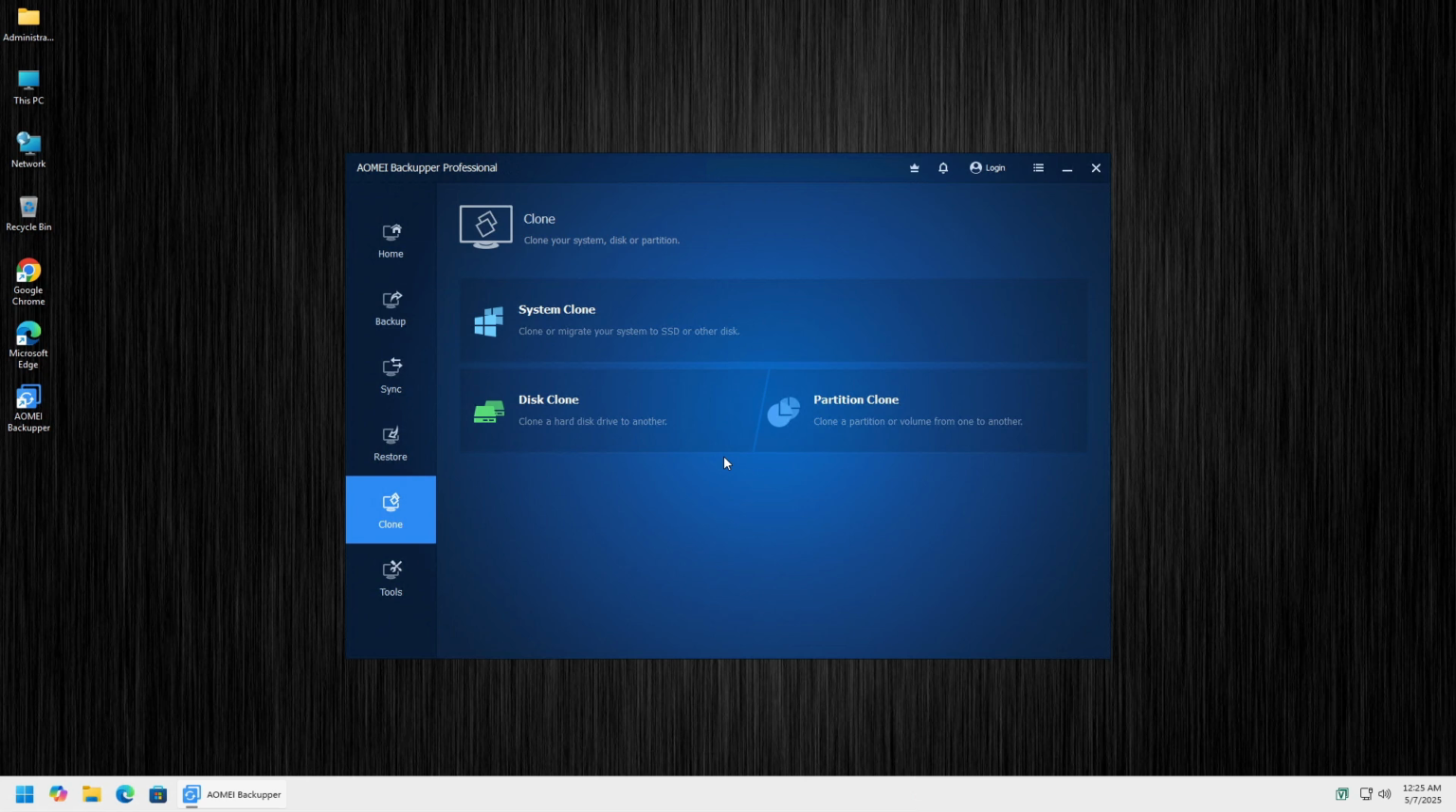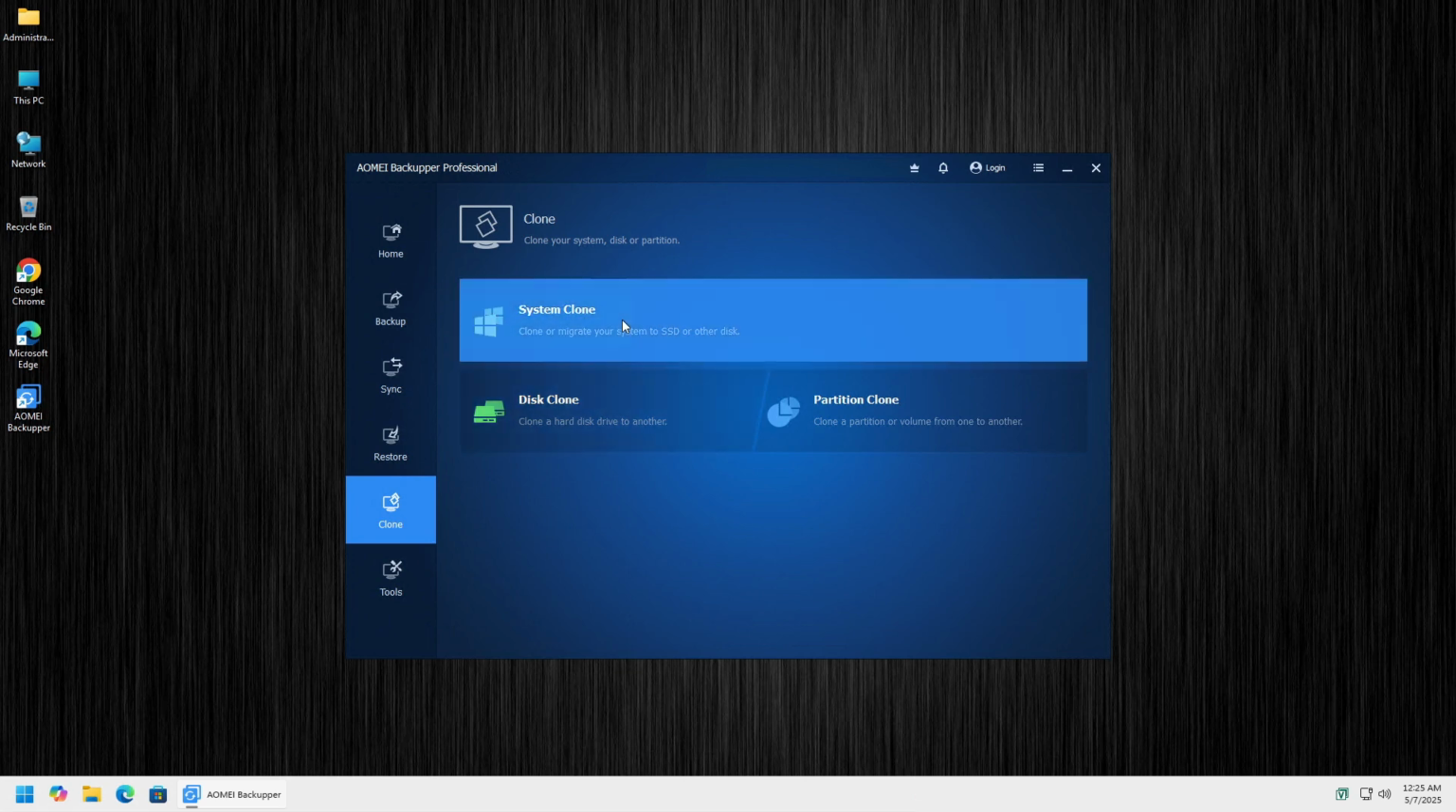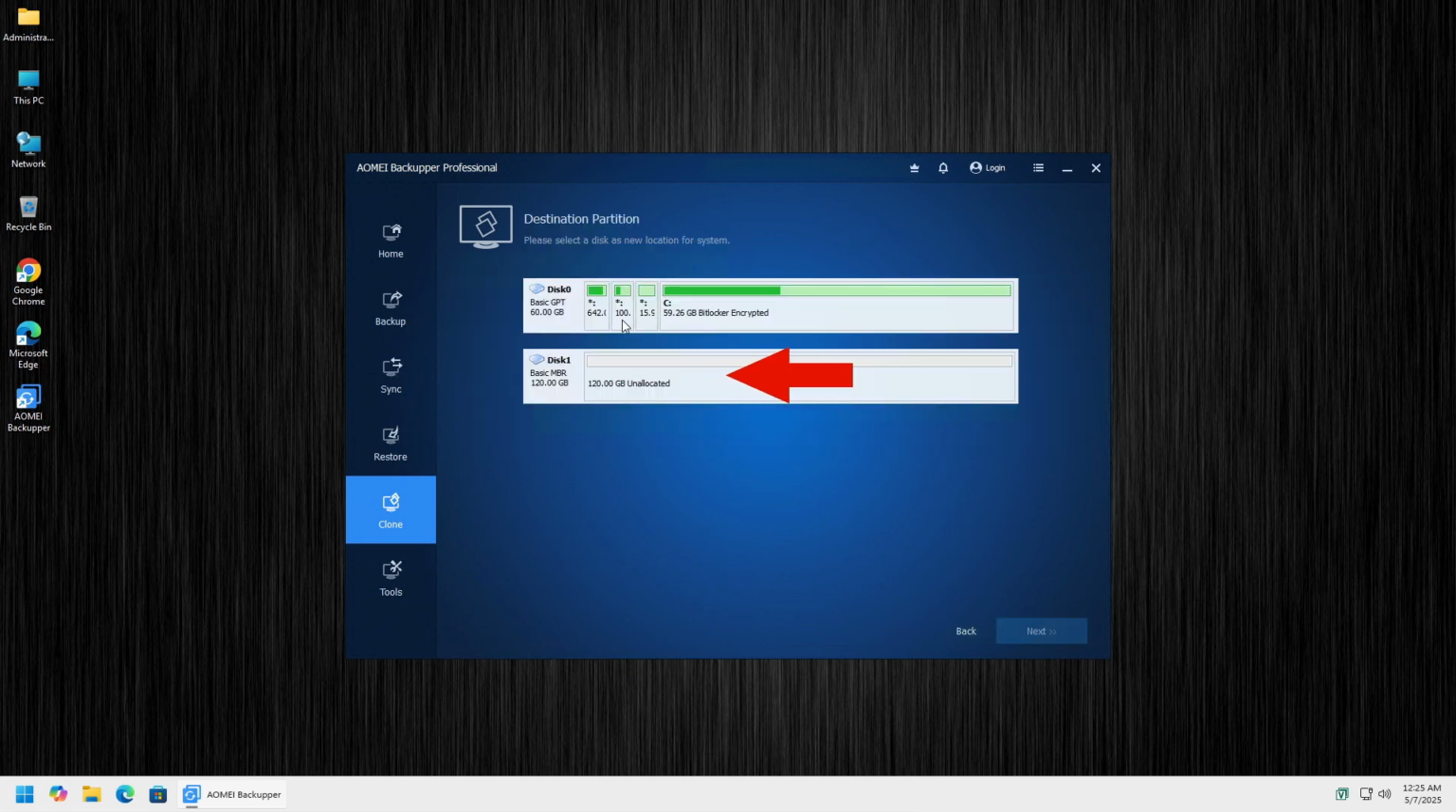I have a 120GB SSD here, which I'll connect to the system now. As you can see, this drive currently has no partitions. It's completely unallocated. At this point, you'll see your main system disk listed along with any other drives currently connected to your computer. In my case, the system disk is labeled Disk 0, and the new SSD I've connected shows